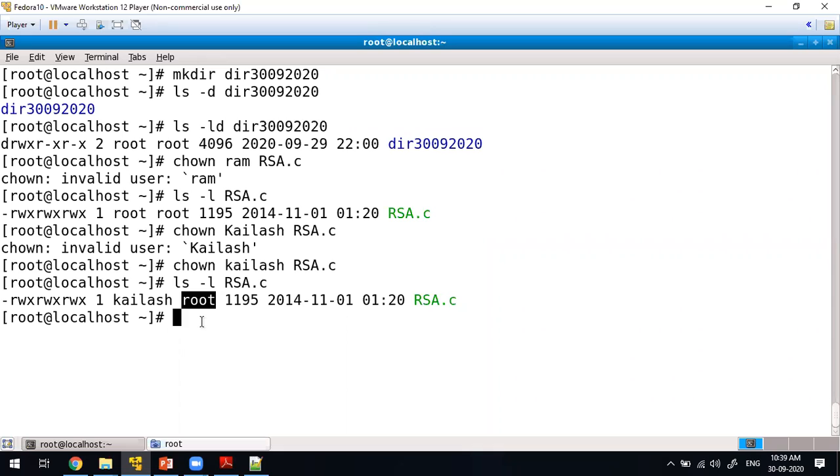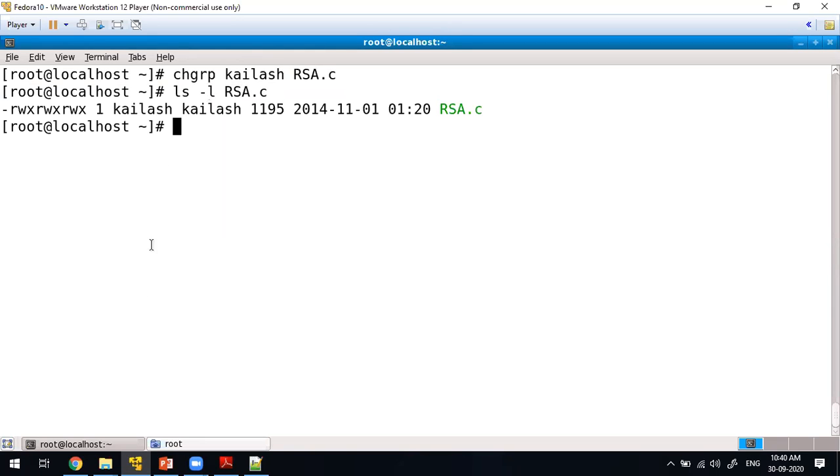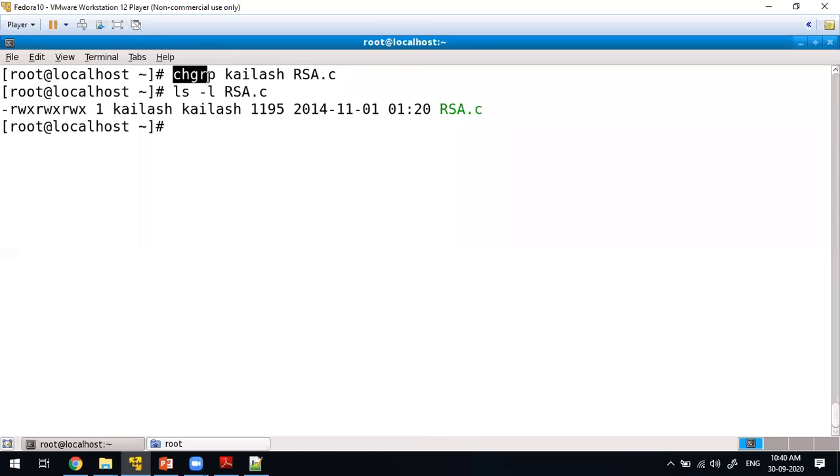For that, there is a command chgrp, group, Kailash, rsa.c. See, before that the group was root. Now the group is changed to Kailash. In order to change the group of any file, you have to use the command chgrp.